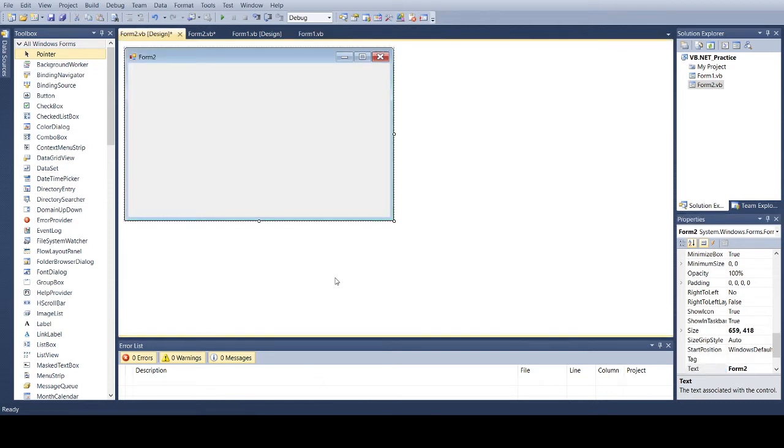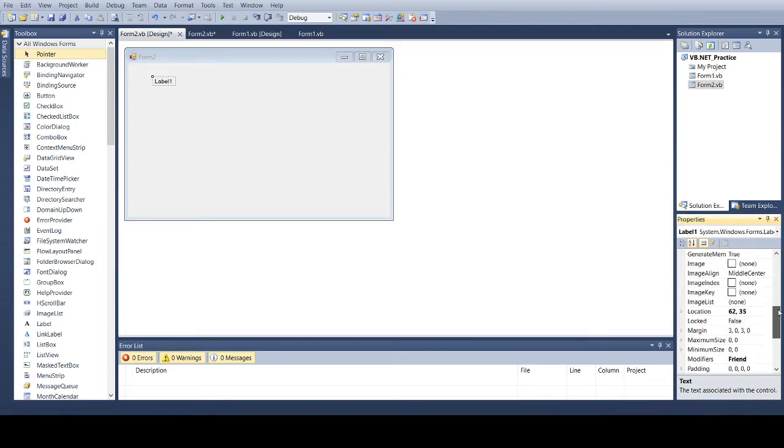Now let us develop an application that will help us learn how to declare variables and how to use them. If you want to take a label, just drag and drop it on the form. Most controls have the same properties, that is Name and Text. The Name property is the identifier of that particular control.